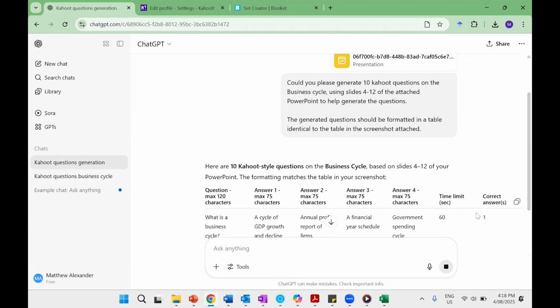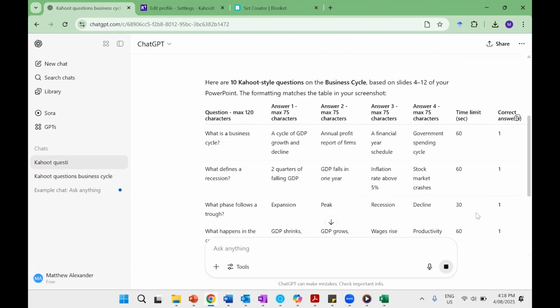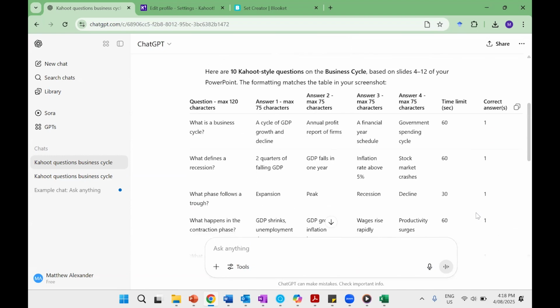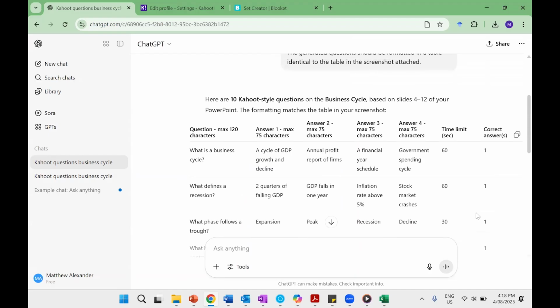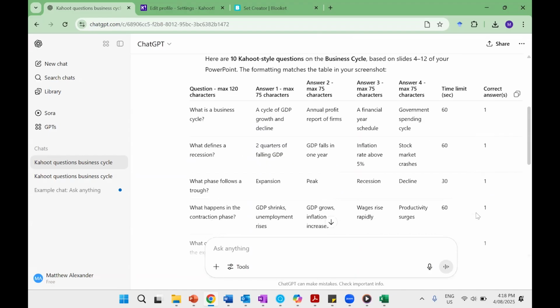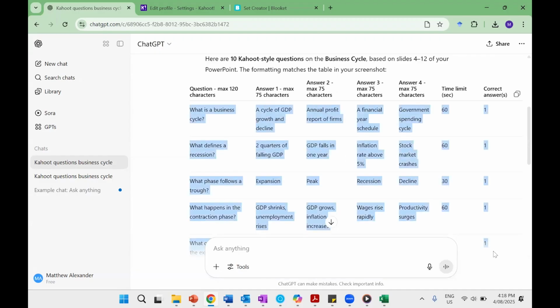With some luck, ChatGPT should start generating the questions that you need in the correct columns and tables. If it's not exactly what you want, give it another prompt. Ask it to ask these specific questions or to avoid this. If you are happy with the questions and answers this is generated, hover your mouse here and copy all of